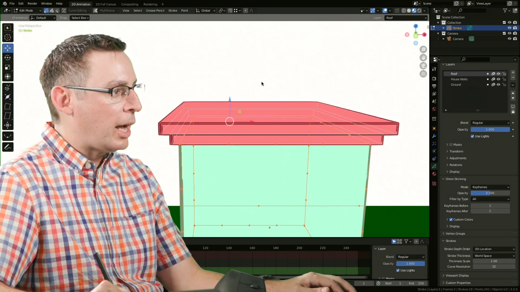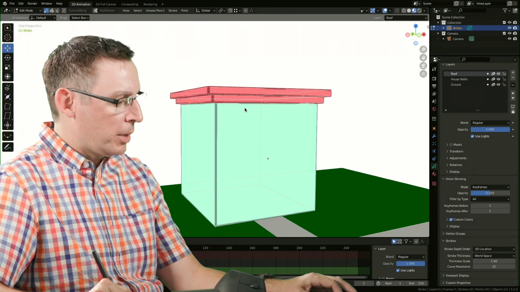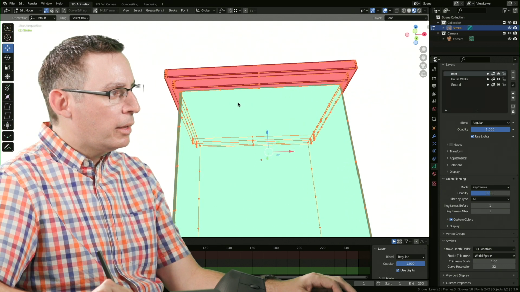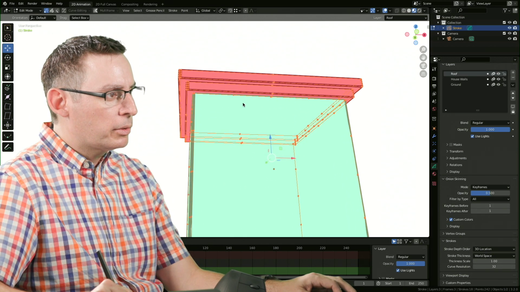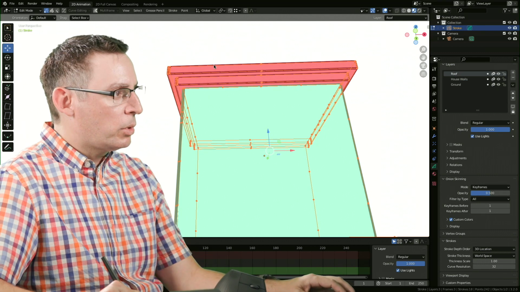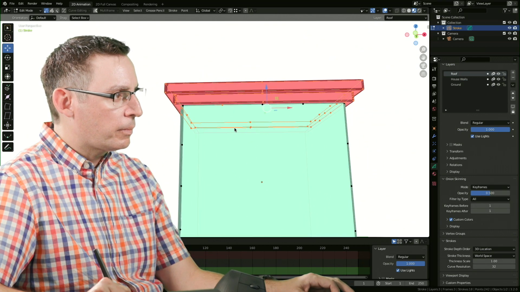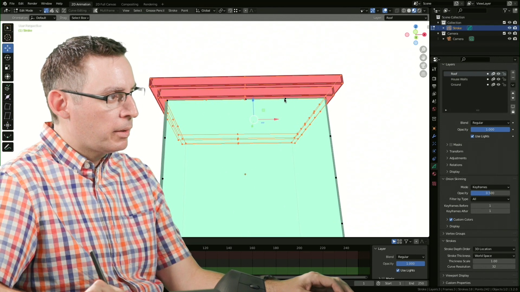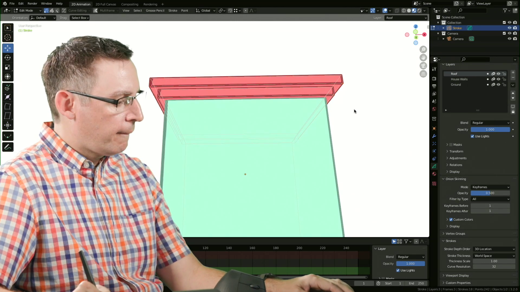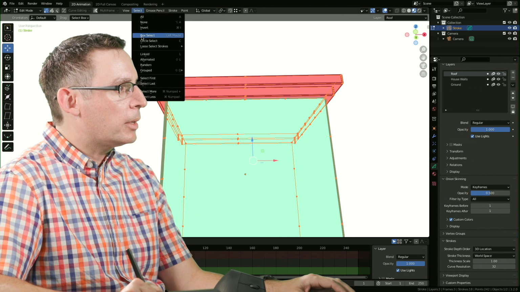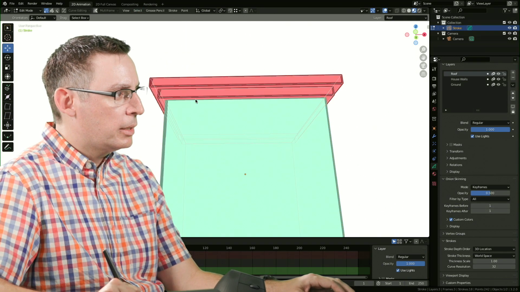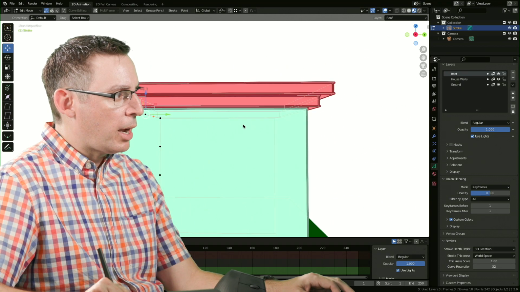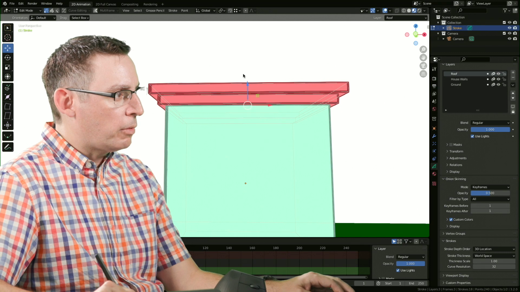Cool. Alt H to unhide everything. And let's take a look at what we got now. Yeah, because now what we have on just the roof, and I can see that I got an extra one right here that I didn't get. Just want to make sure I grab that one right there. I'm going to select none. There we go. Just going to grab these in here. It looks like I didn't grab those front ones, and I'm going to dissolve those as well.